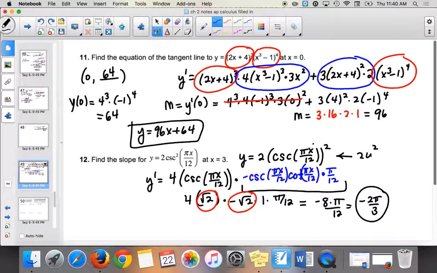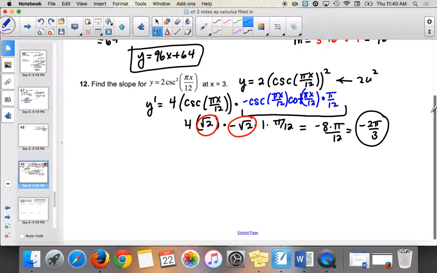It's the chain from this portion. So just like if you had 5x, its derivative is 5. If you have pi x over 12, its derivative is pi over 12. Because it's a double chain. So if you think about this as being our u, and you treat that as a separate problem, where u is equal to pi x over 12, then its derivative, du, would be